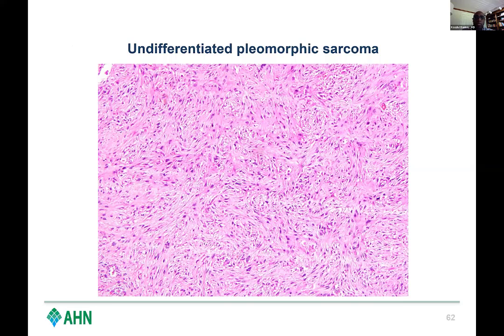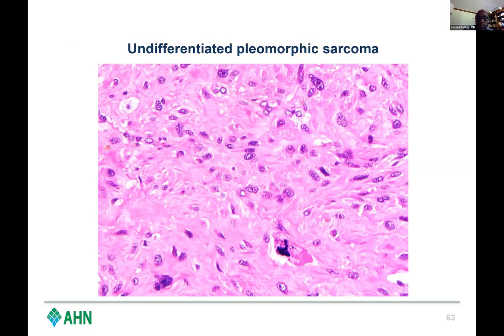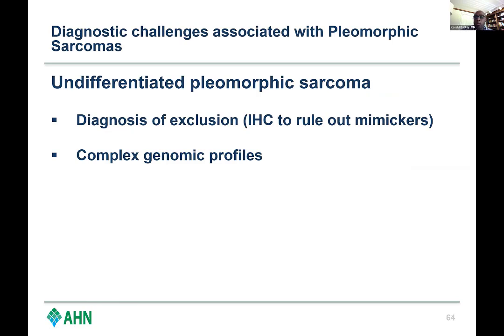This is a case of UPS. Notice the storiform pattern at medium power. When one goes higher, close-up imaging can show pleomorphic cells with large nuclei, atypical mitotic figures. And very importantly,